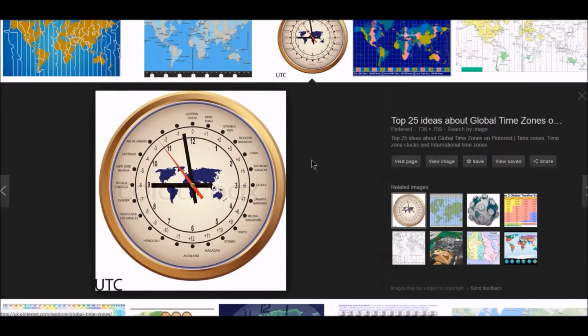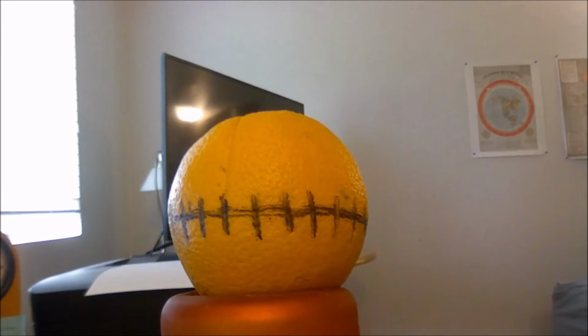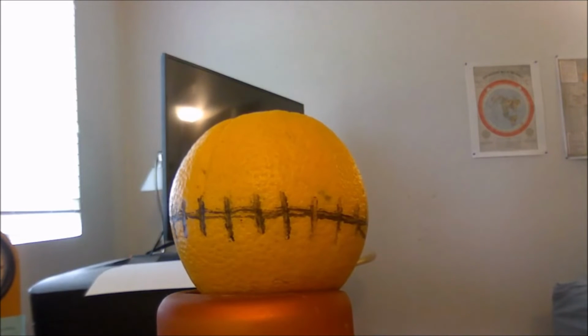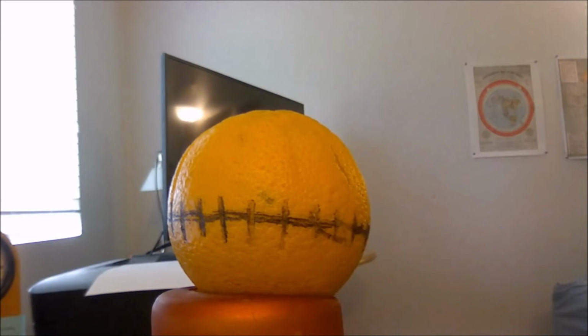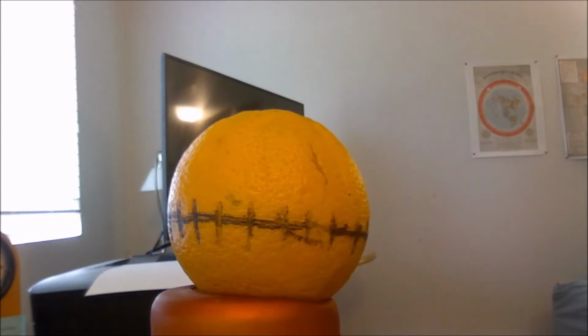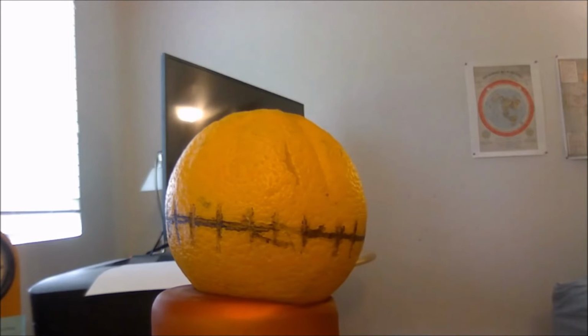And if we scroll down a little further, they show a cute little clock that can only work on a flat Earth. So here is just proof evidence conclusively that we do not live on a round spinning ball hurtling through space at thousands of miles per second and all the rest of the rubbish that we've been told and sold over so many decades. So here I just took an orange representing the round ball global Earth, and I divided it into 24 sections. 24 sections at the equator, which represents the 24 time zones on Earth, 1 hour at a time.